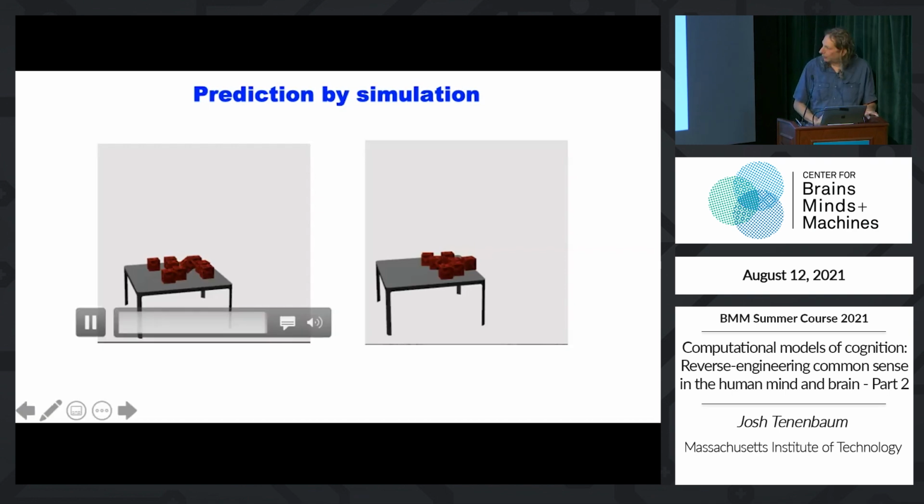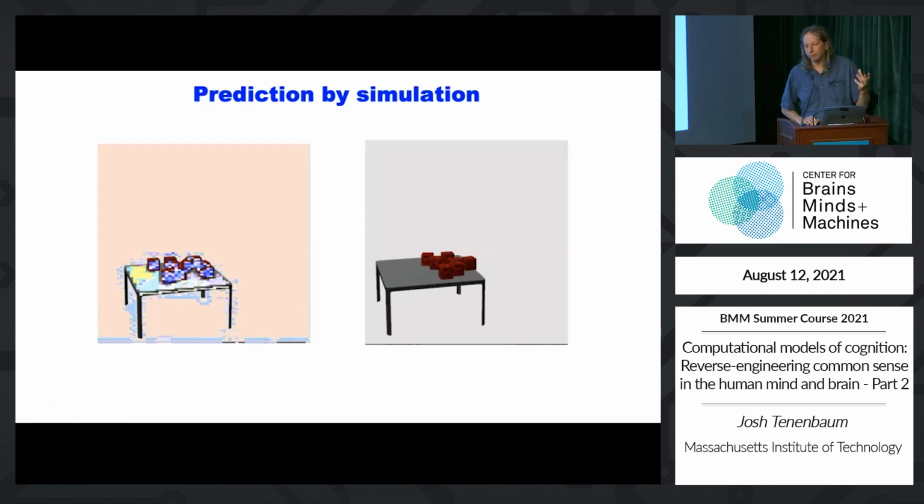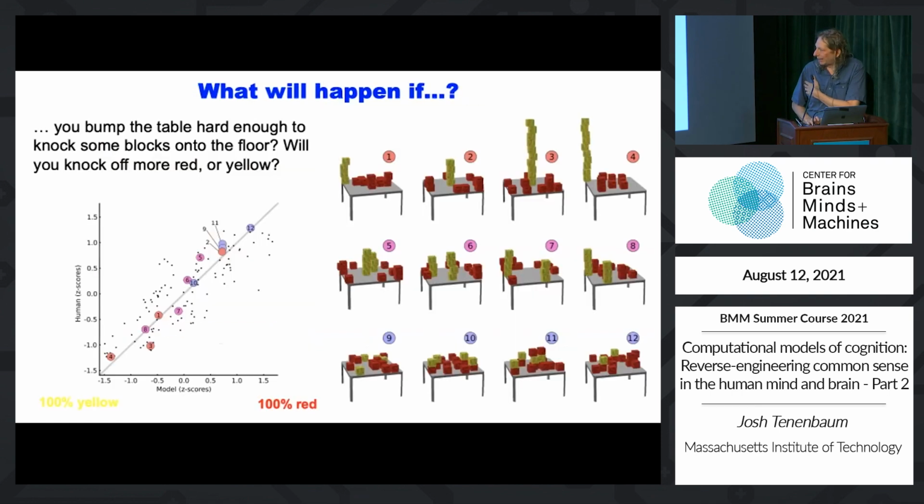Or similarly, if I only show you the first few frames and I can stop it in time. Come on, run. All right, well, I tried to stop it soon. You can see that you only have to run a few frames. You don't have to go to the end to know what's going to happen. So just a small number of simulations for just a few time steps, and it could also be very approximate. You don't have to model the dynamics very accurately; it's enough to answer these questions at the grain of intuitive